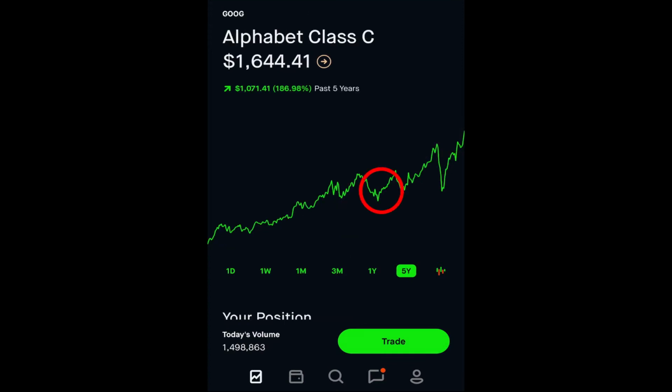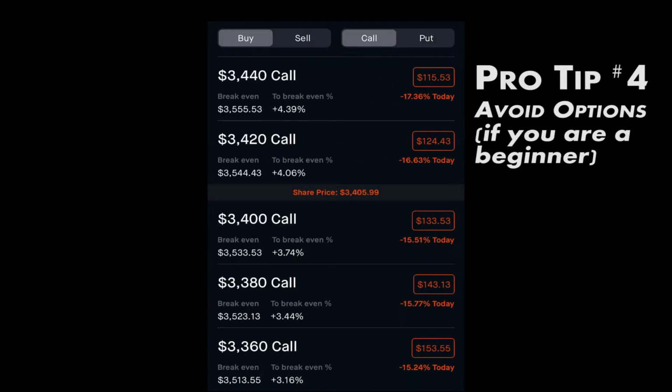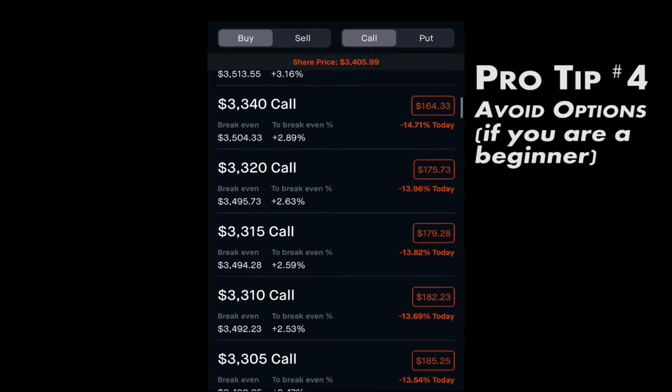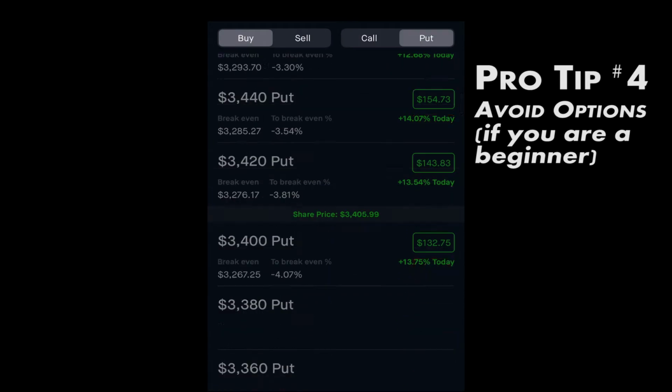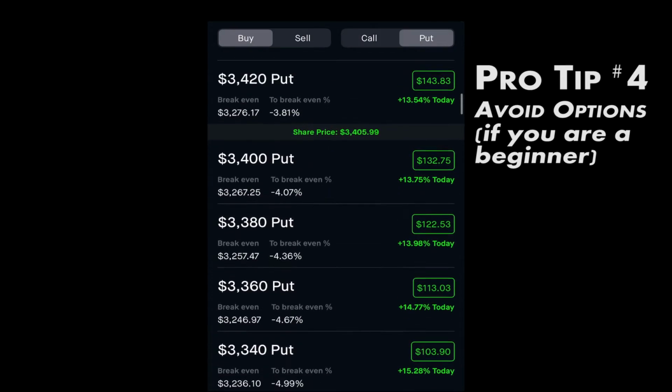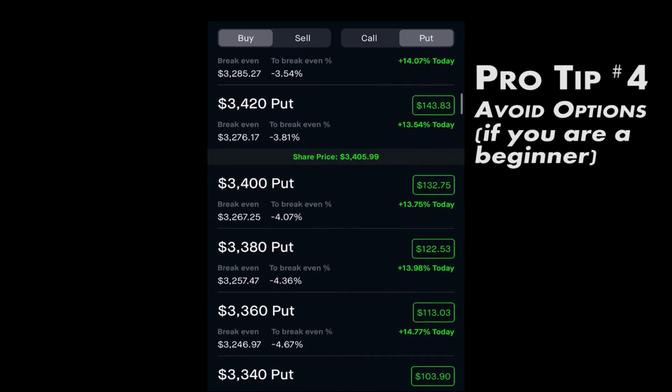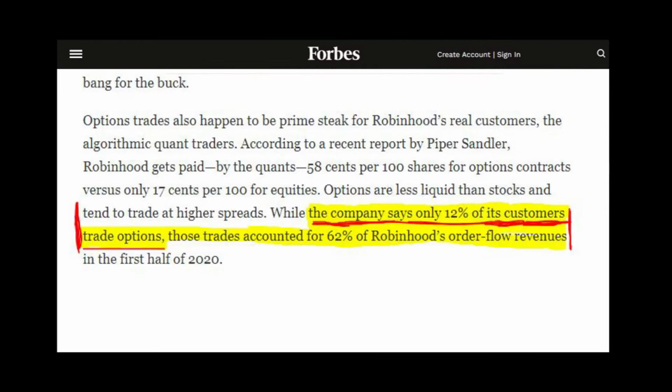Number 4, avoid options if you can help it, especially if you're a newbie. True, you can make money off options, but you are more likely to lose money if you are a beginner. If you're on the newer side, you really want to stick to stock trading and avoid options trading if you can help it. According to Forbes, only 12% of Robinhood